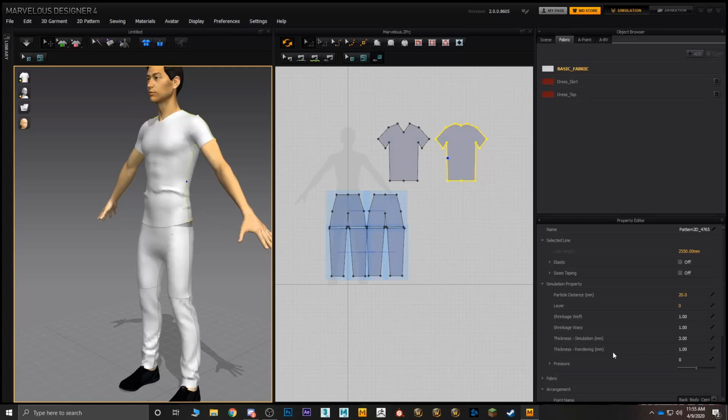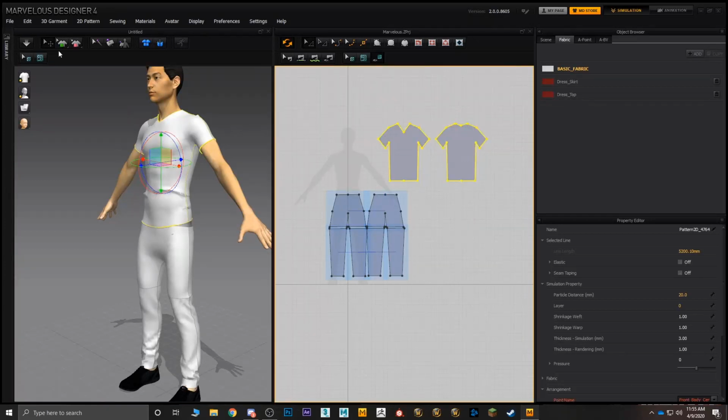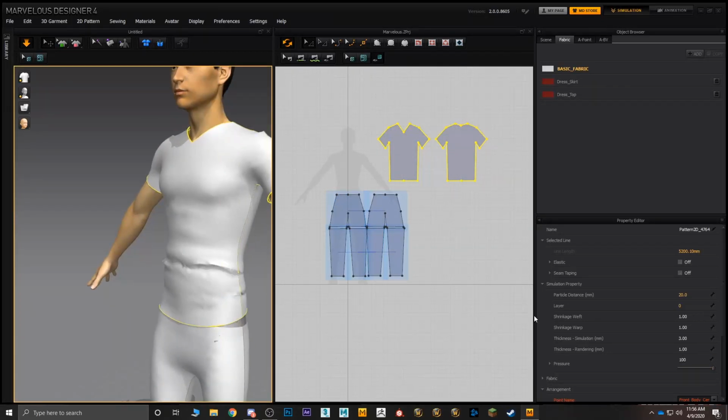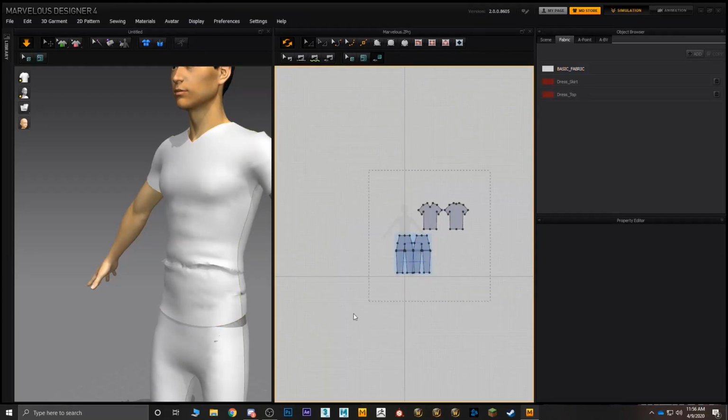All right. So what about pressure? Let me click on my simulate button. Pressure. If I increase it, it creates this kind of a bubble effect. It just builds up. So see how it's changing? So to better explain this to you,